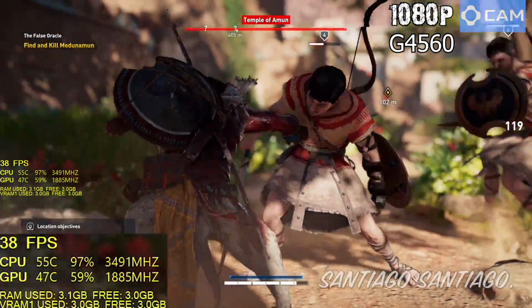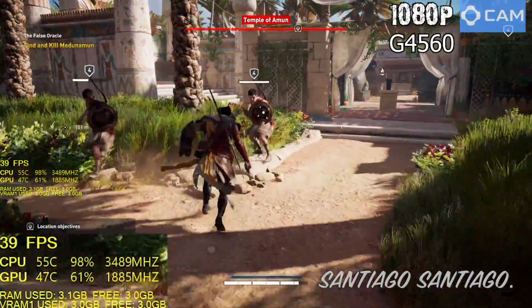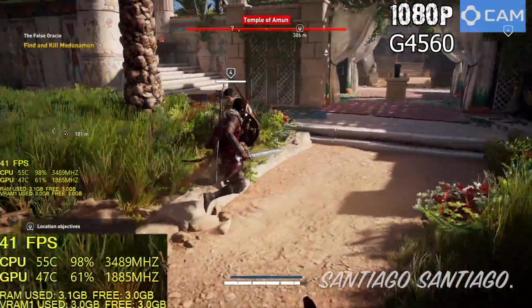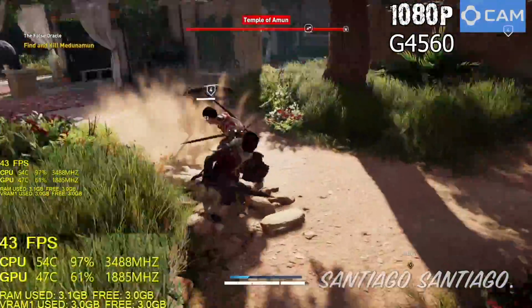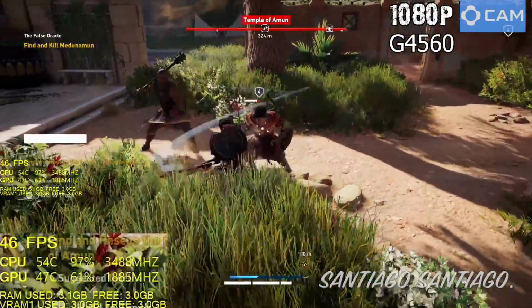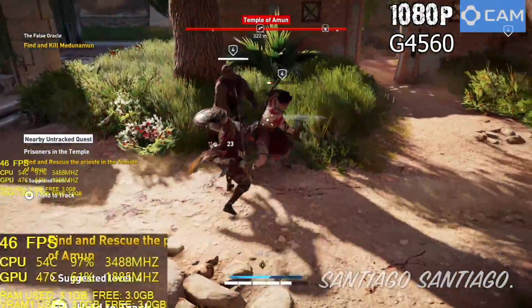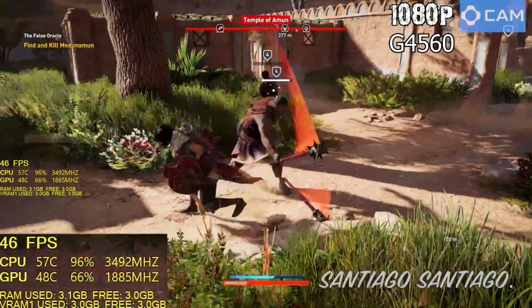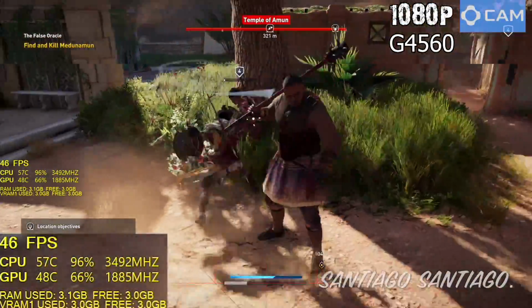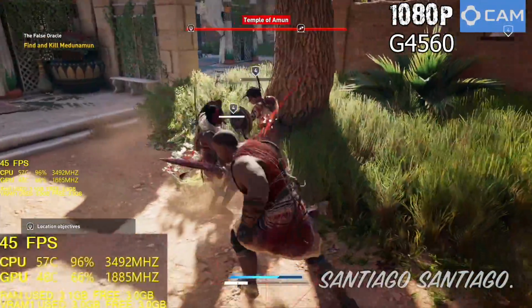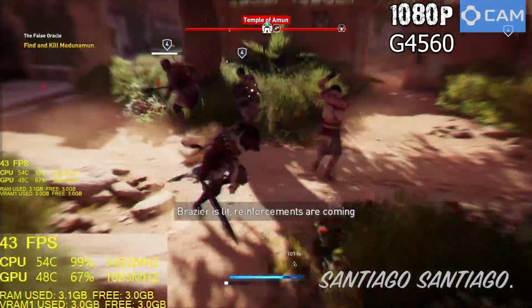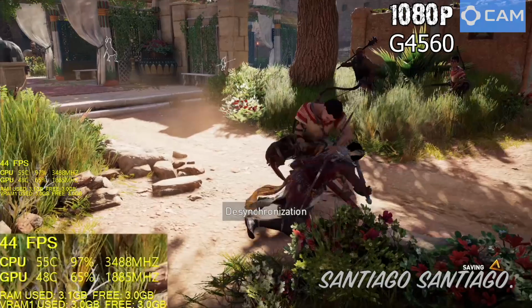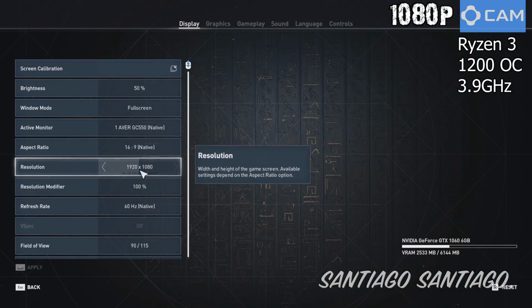I saw some spikes in the CPU usage to 75%, which is impressive for a game to be utilizing all that CPU. They usually don't take advantage of the extra threads. But yeah, in order to get close to 60 frames per second, which I mean over 50 frames per second most of the time, I had to use the dynamic resolution option, which is similar to the temporal filtering option, but it's not as aggressive as on previous Ubisoft games, so the gains are like 5 FPS, at least on